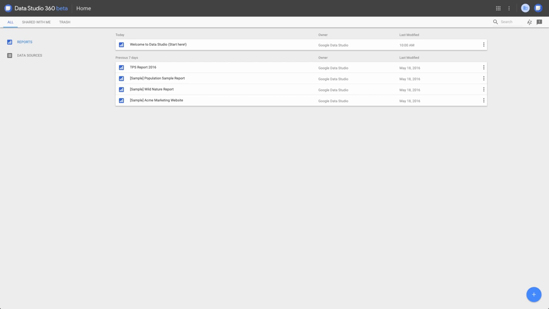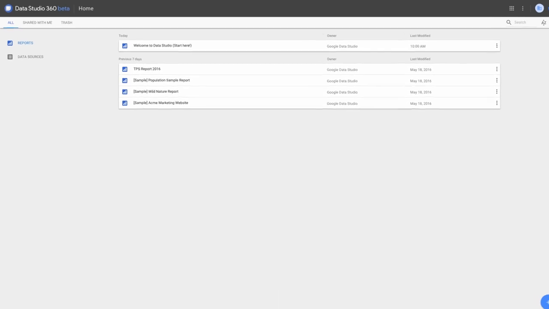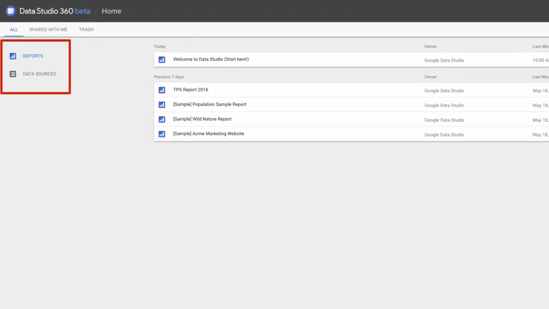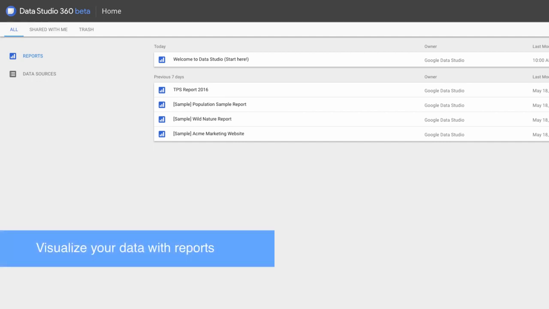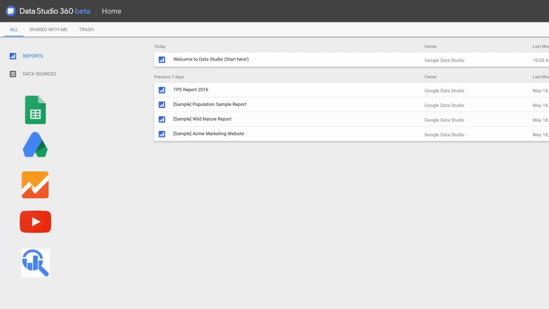Here's the Data Studio homepage. Let's take a quick tour. On the left, you'll find the Reports tool and the Data Sources tool. Reports let you create beautiful and interactive data visualizations. Data sources are reusable components that connect a report to your underlying data, such as Google Sheets, AdWords, Google Analytics,